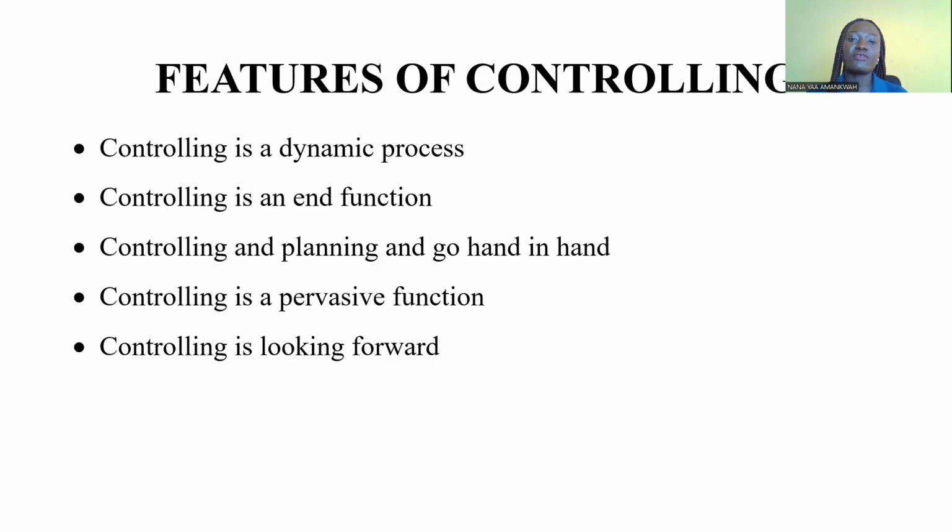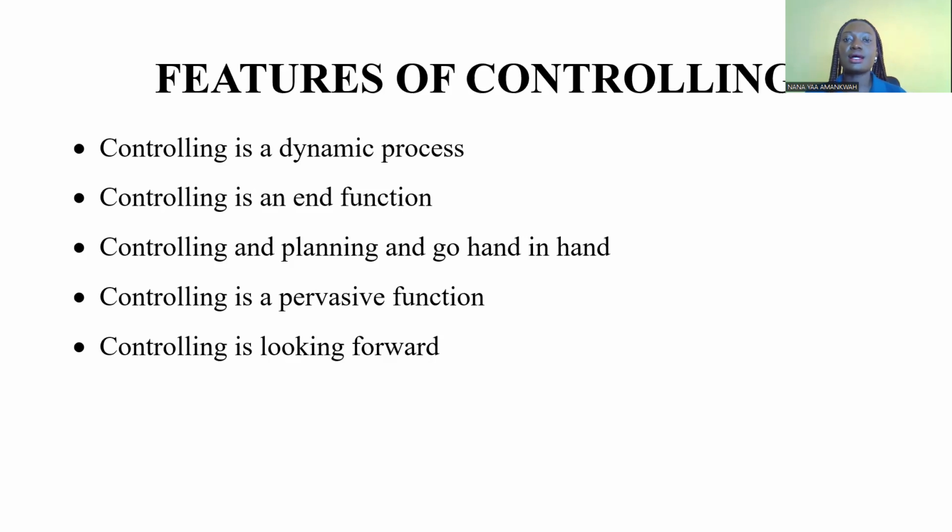So if it's every 5 minutes that you want to control, then you are saying that you finish the 5 minutes before you control. So it's an end process. Then throughout the process, there are various types of controlling that we can use, but at every point, whichever one you are using, controlling comes after an action. Okay, then controlling and planning also go hand in hand. I mean, you can't plan without controlling, you can't control without planning. So they are